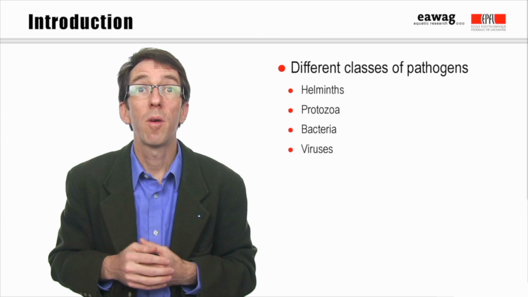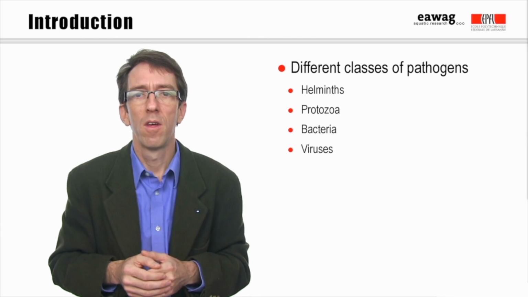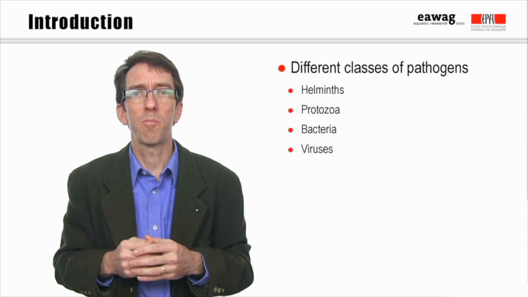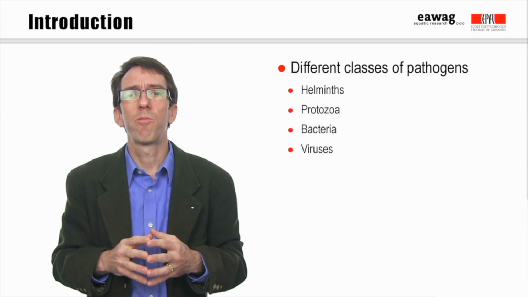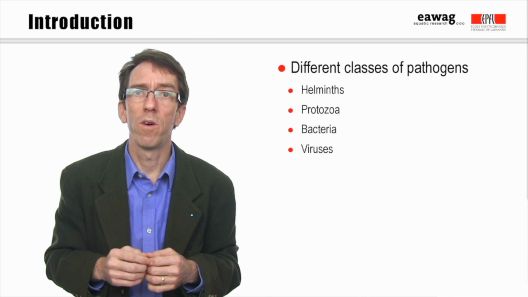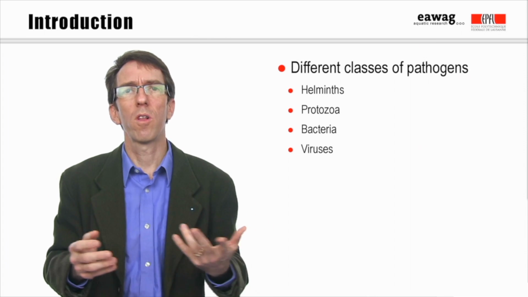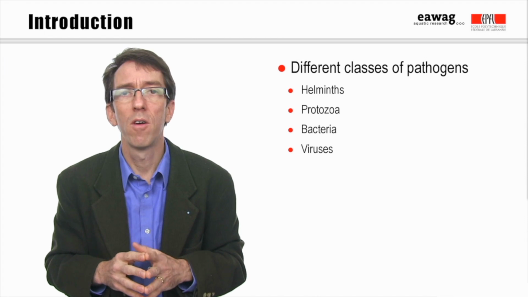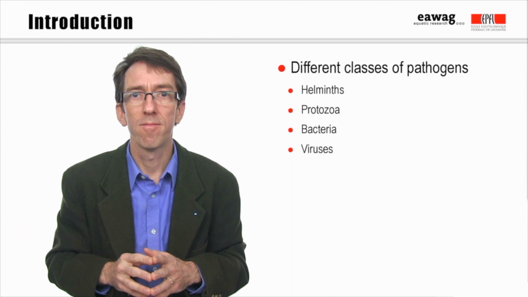There are hundreds, maybe thousands of organisms which can cause waterborne diseases. One useful way to classify these pathogens is by biological type. In this module, we'll briefly talk about 4 different classes of pathogens. The most important ones are the protozoa, bacteria, and viruses, but we'll also give an example of one helminth, or parasitic worm, which is transmitted through drinking water.